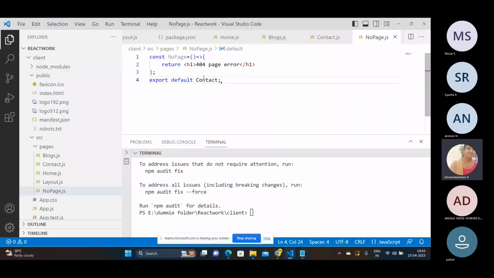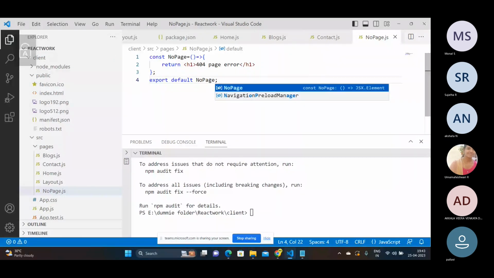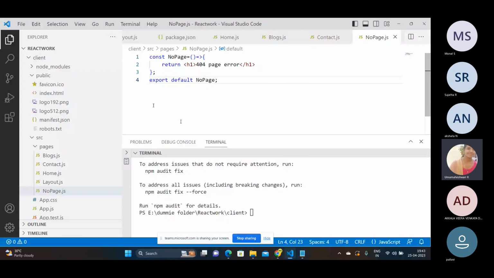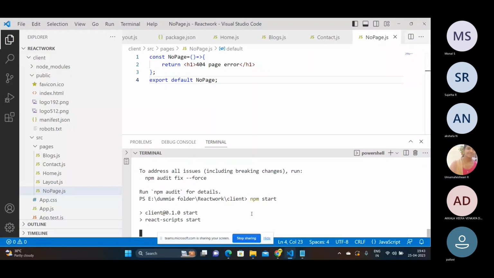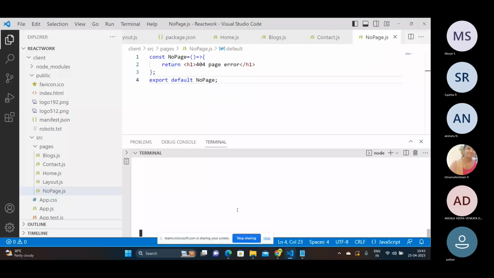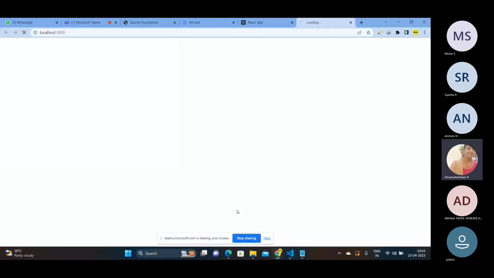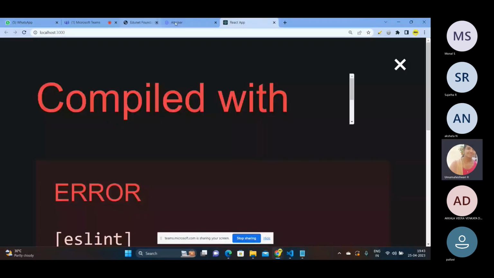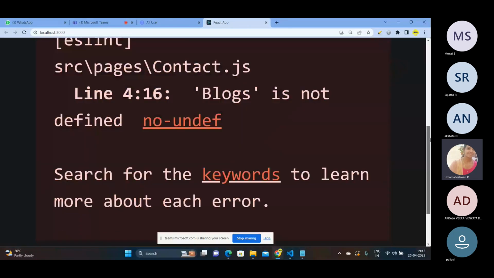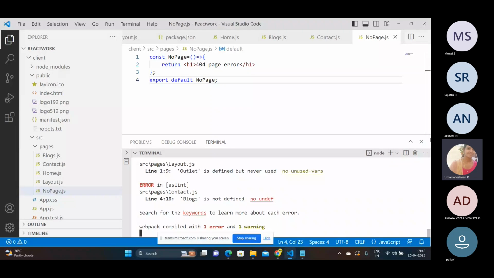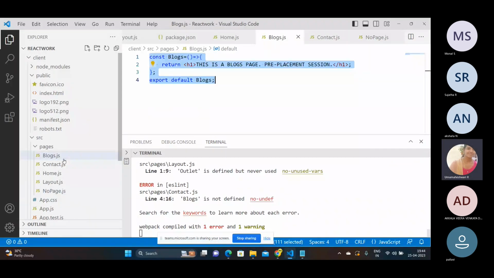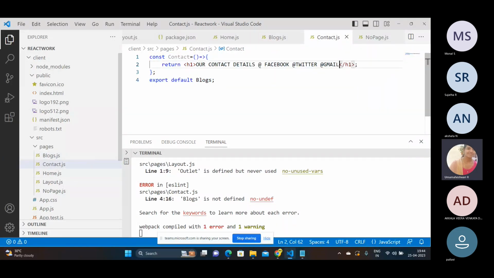So not contact, this is actually NoPage. So that's all. So we can run this code. Just go here and give npm start. What is the error? Blogs is not defined. There is a blogs. Fourth line, in which contact.css, contact.js, yeah. So here,